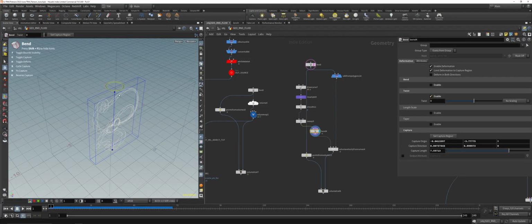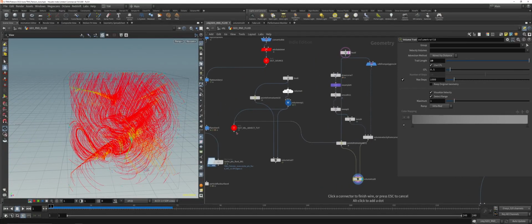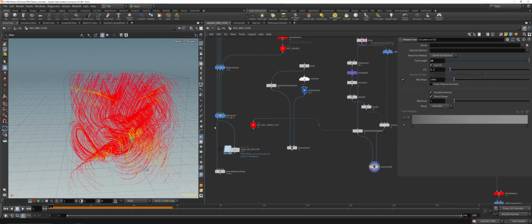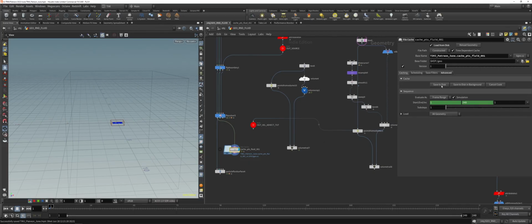Let's just twist it and see how that will look. Way cooler. And now we can pipe that into our outlet vector and see how that will influence our